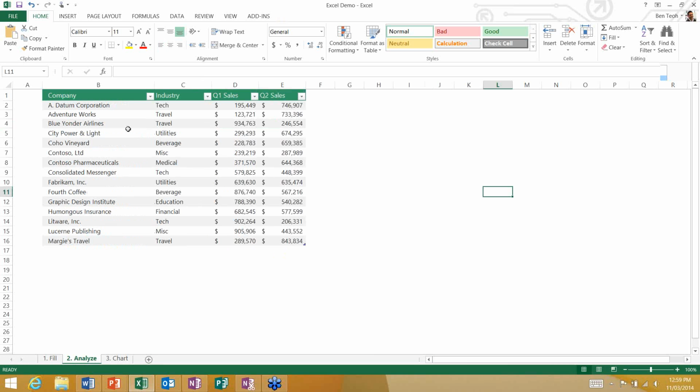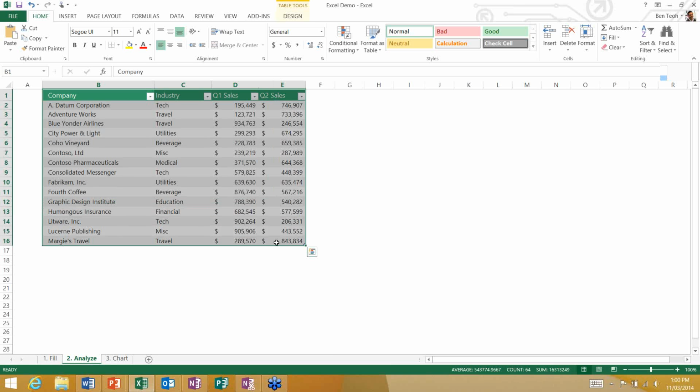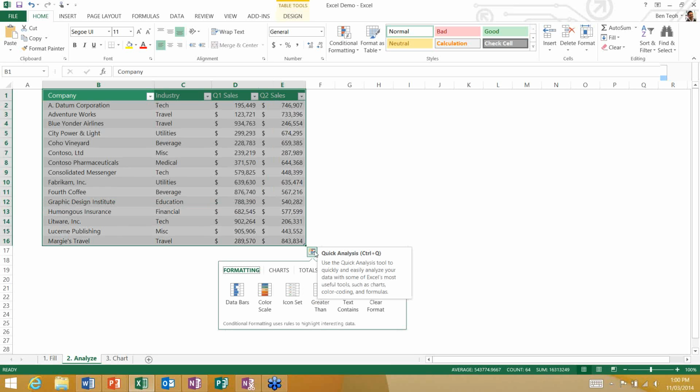Now the next one is some quick analysis tools. So here we go. This isn't too unfamiliar. You've got some data here. I'm going to highlight the table, and as soon as I do that, you can see this little new quick analysis button come up here. So I'm going to click that. I've just hovered on that for the tooltip to come up. Now I've clicked that,